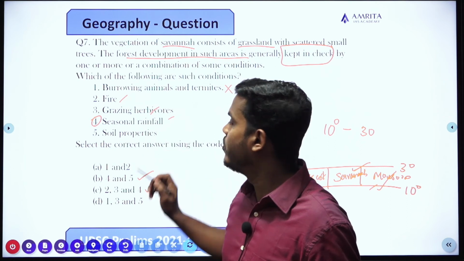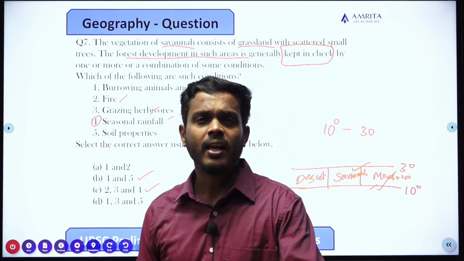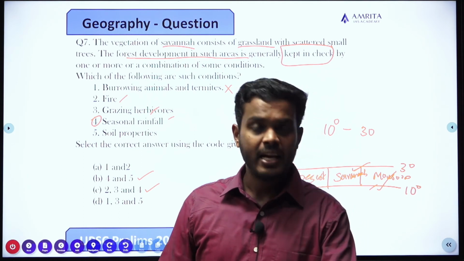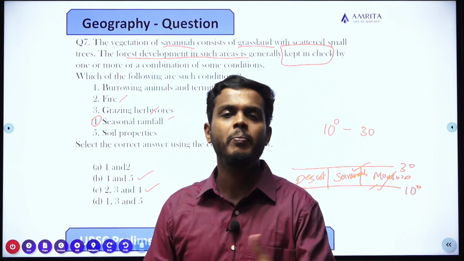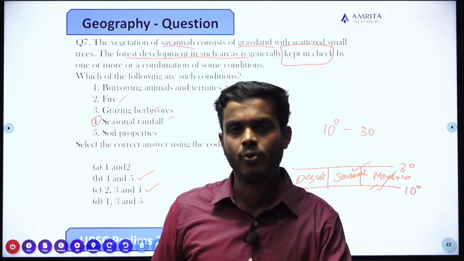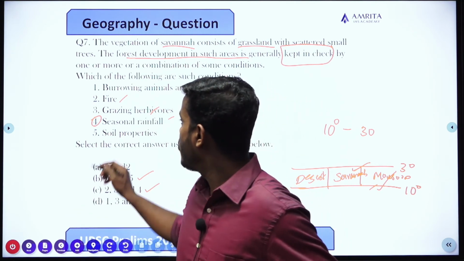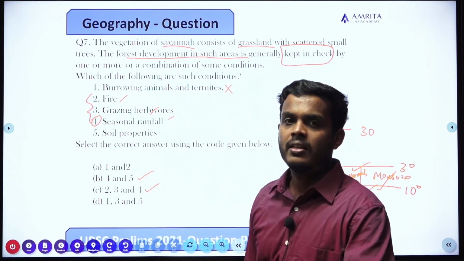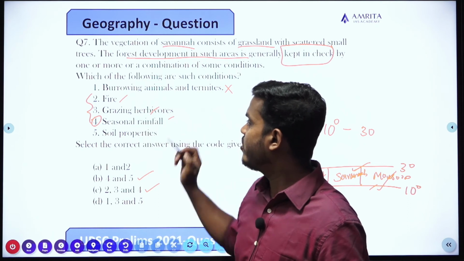Then grazing herbivores. Again, what happens with the grazing? Grazing of herbivores prevents the conversion of grasslands into forest region. So from these assumptions we can arrive at the answer. It is 2, 3 and 4 only,